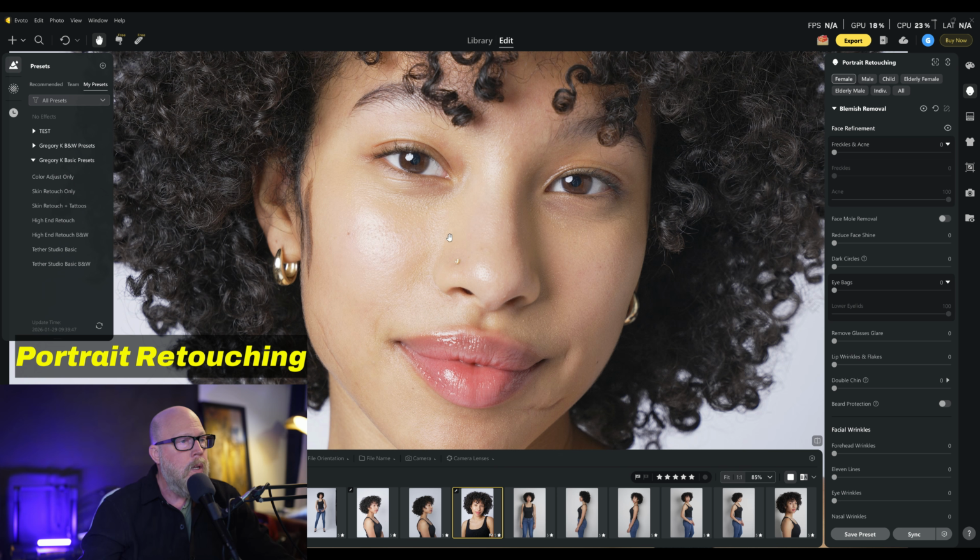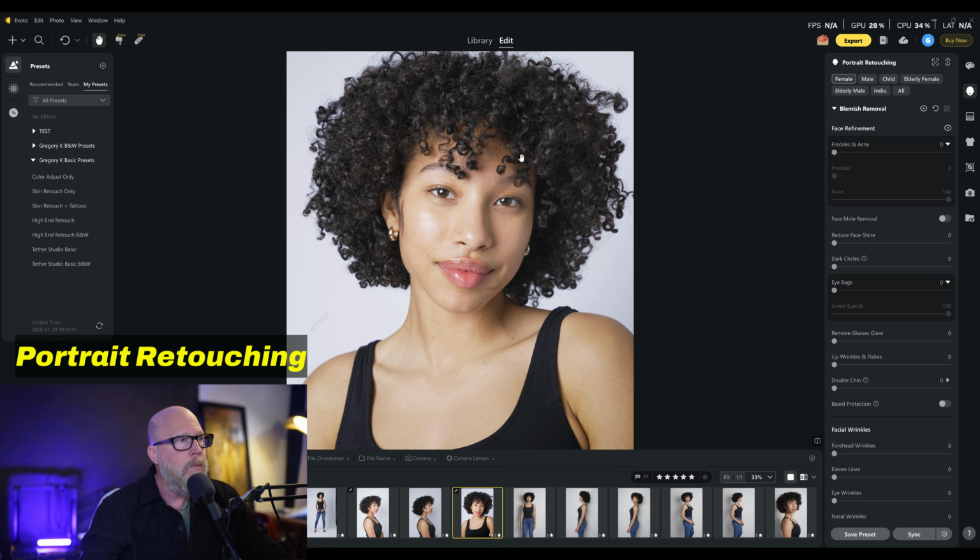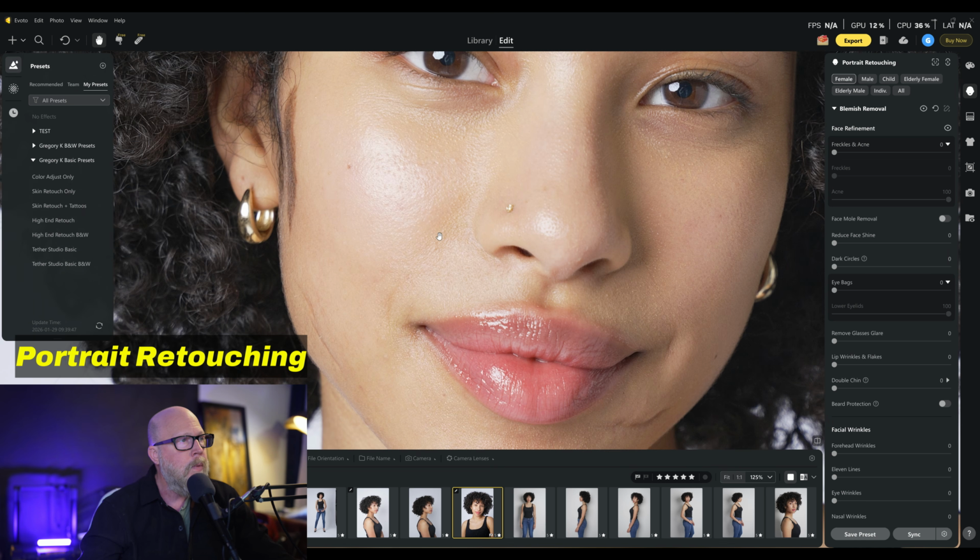We could, if we had a lot of face shine, and you'll get a lot of models that come in and they need a powder or something, or maybe you should have had an MUA, but they come in and it happens. They've got face shine. So in this context, I'm happy with the face shine. We have a very soft lighting here. There's a little bit right there. I like it. I would leave it alone. But for the sake of example, we could